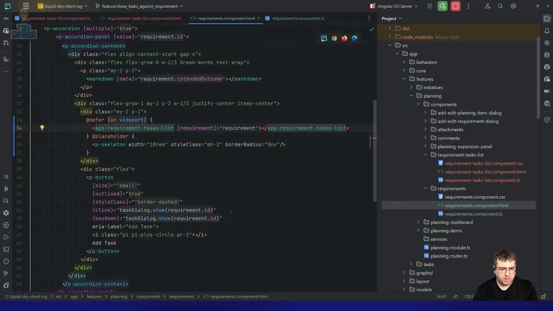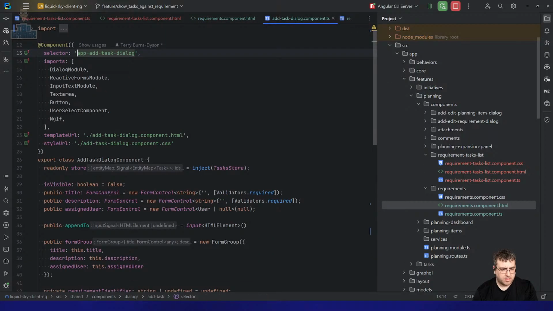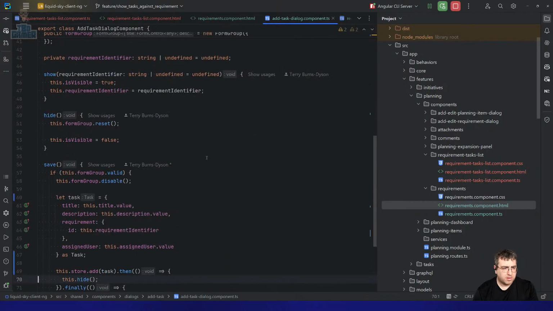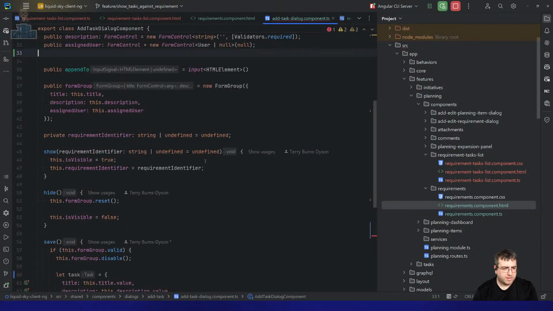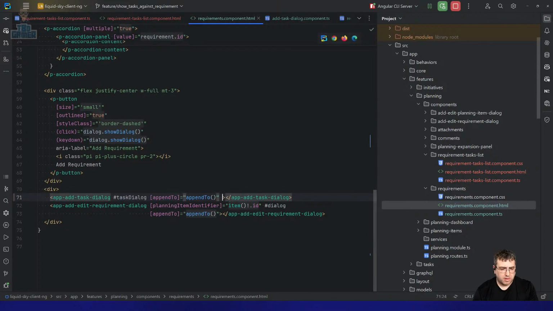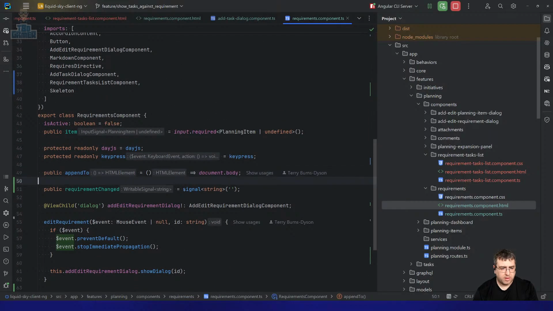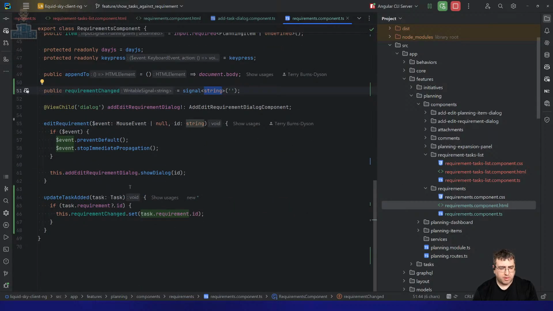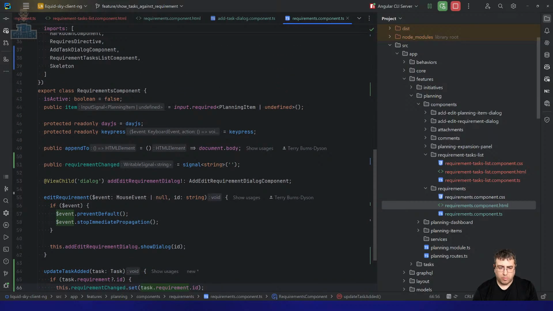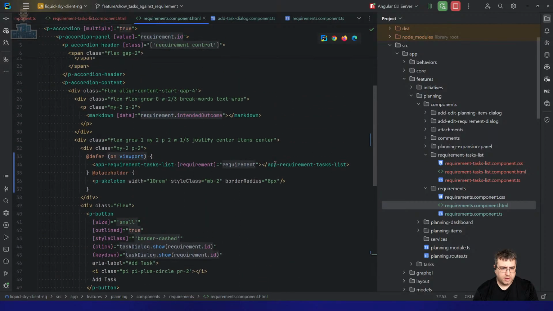And then in here I did a task added event emitter. So then when task was added, we set the signal, and that gives them the ID of the requirement that just changed, right? So the required task is managed through this requirements component, right? So one signal, and then in here, I need to do